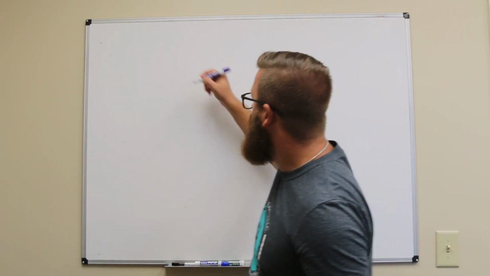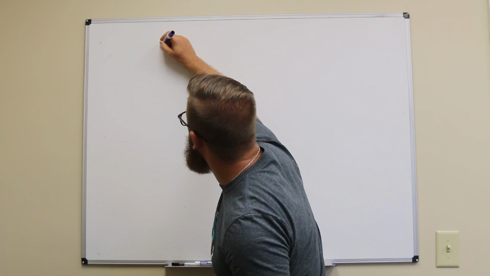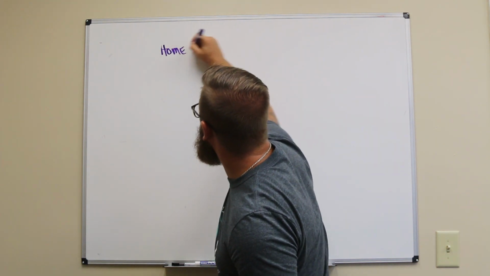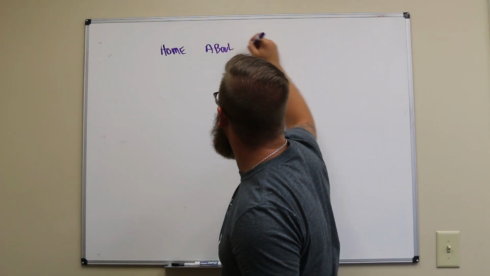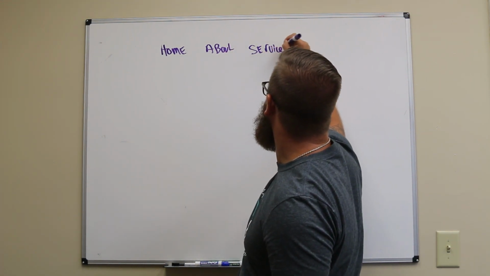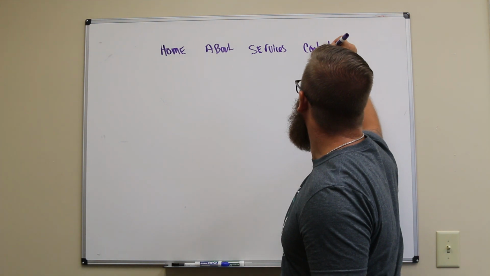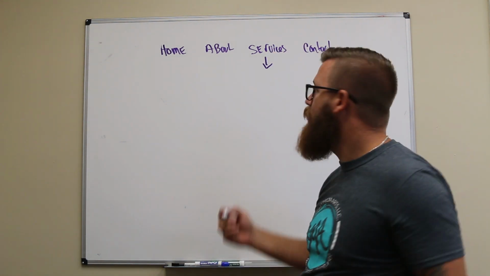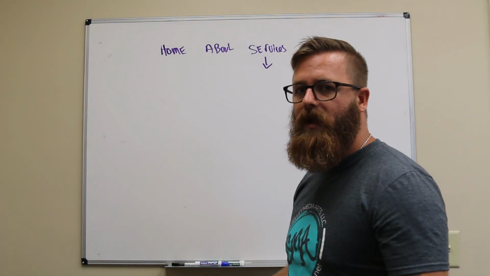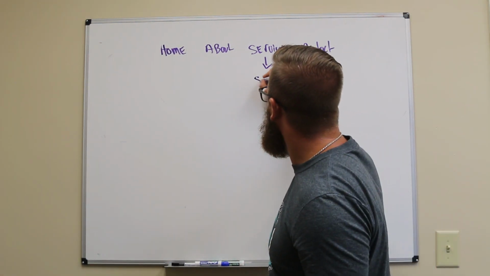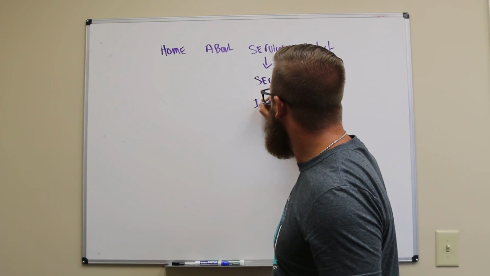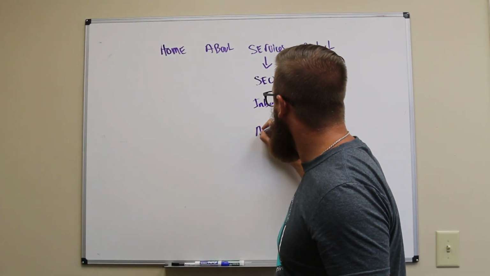So what you want to do is have these pages on your site that display topic authority, and then you want to build relationships between those pages and other related pieces of content. So again, let's take a look at how this strategy works. You've got a website, and you've got a number of pages, right? So you've got maybe your home page, about, services, contact. Now, underneath your services pages, you're going to have probably what you're known for. I'm just going to use what we do as an example because it's going to be easier for me, and I hope this will make sense to you. So we've got SEO, we've got inbound, and we'll also say analytics.